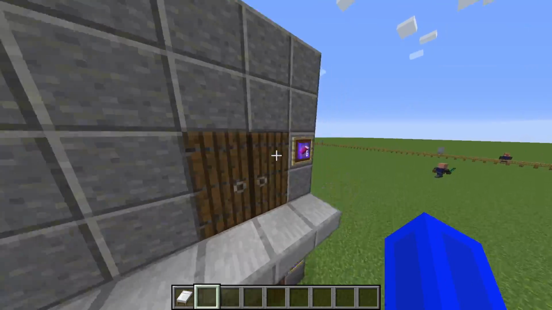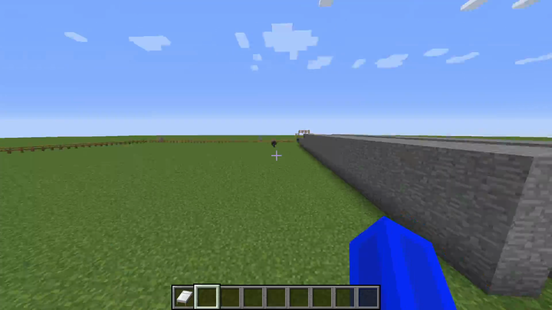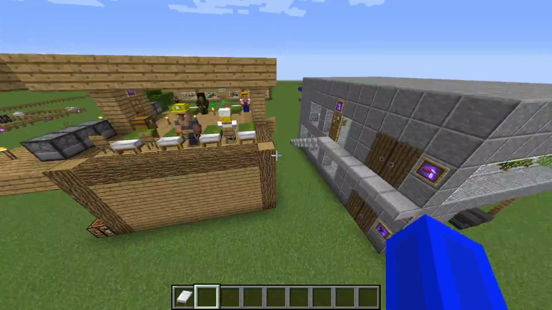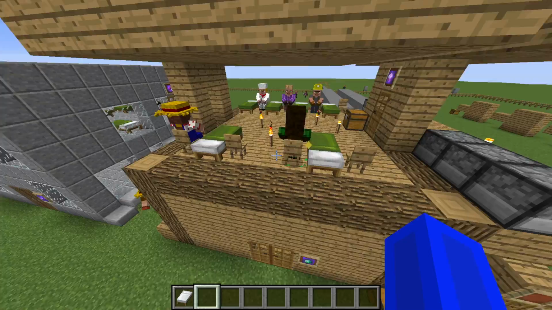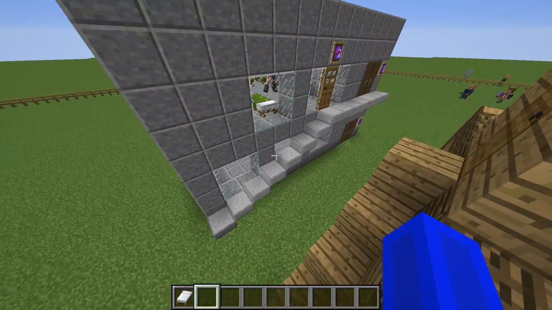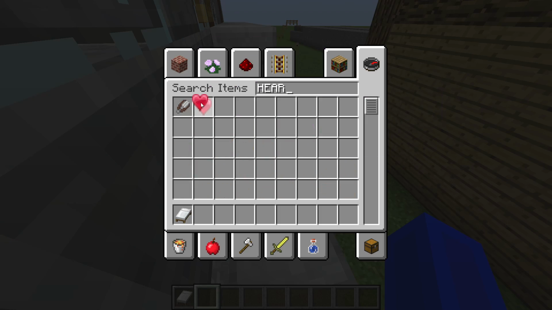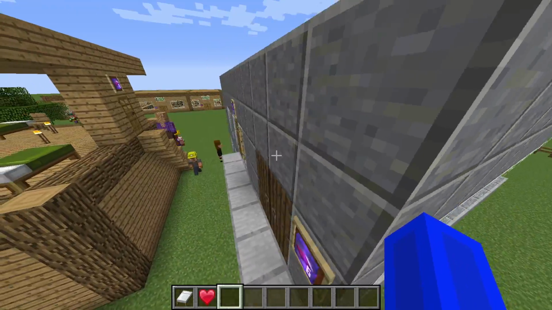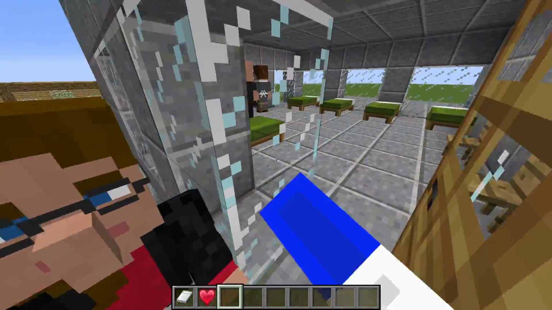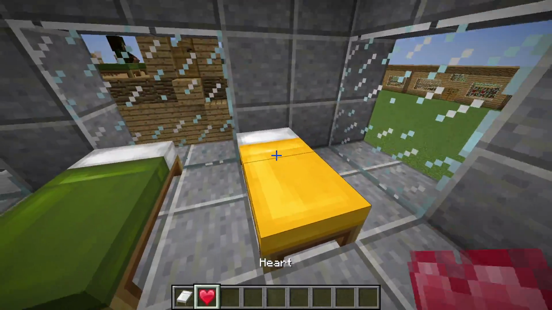Oh, by the way, guys, this is the enchanter right here. He enchants stuff. But what can happen is if they are at a certain happiness level, when they wake up, they will actually spawn a heart. Now, this heart, I'll actually give you an example right now. If you place it on an unclaimed bed, such as this one right here, if I place this heart,